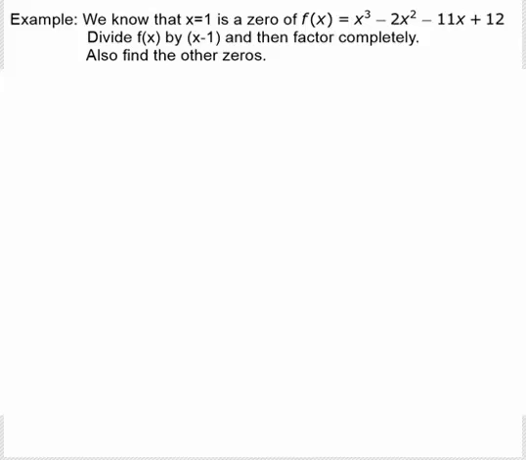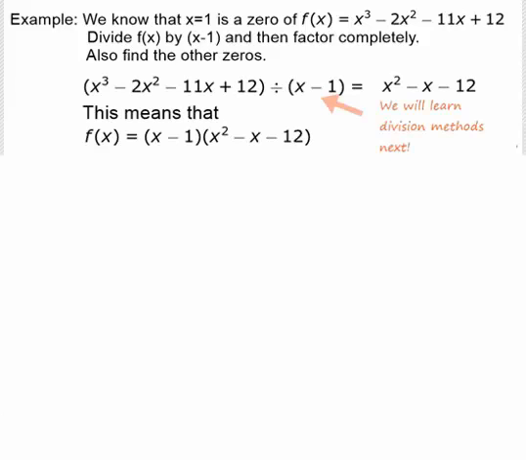Here's an example. Let's say we know that x equal 1 is a zero of f of x equal x cubed minus 2x squared minus 11x plus 12. What we will then do is divide f of x by x minus 1 and then factor completely and then find the other zeros. Okay, we haven't covered polynomial division yet, so let's assume we already know how to divide this,